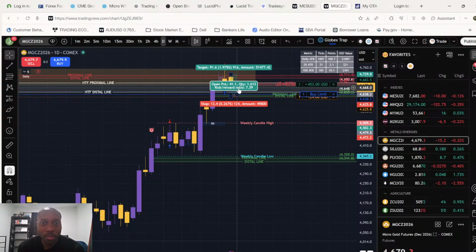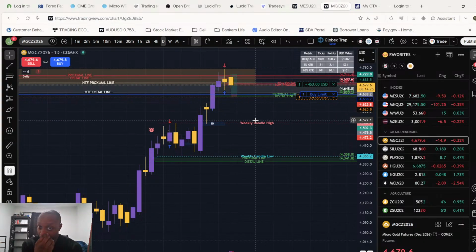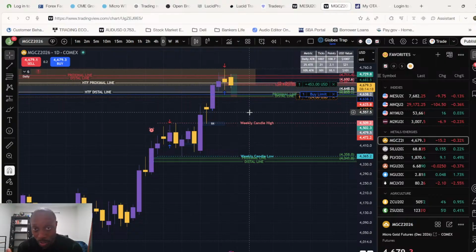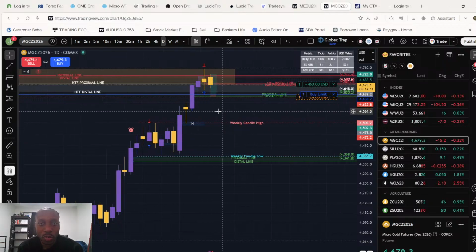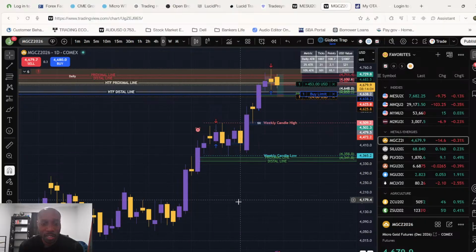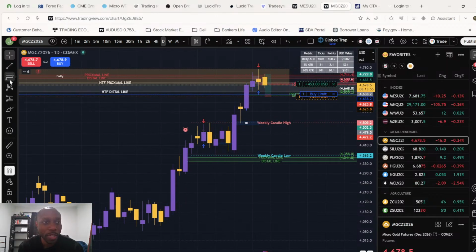So, here we're talking, it's been pretty bullish. There's still no indication that this is going to go down. Even though we have a bear candle here, a bear candle here currently, that's not really much of a reason for me to go short on gold when it's been as bullish as it's been over the last few weeks. Since the beginning of August, it's been pretty bullish. It's a pretty nice bull run right here that we got.